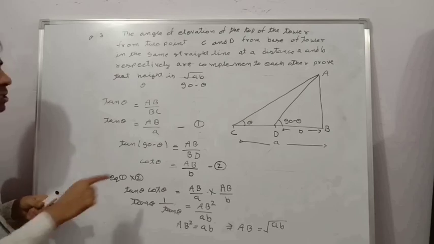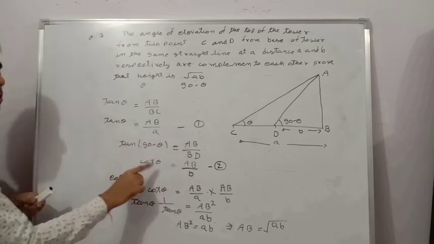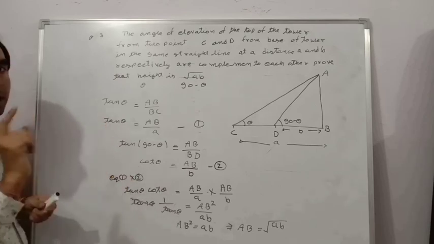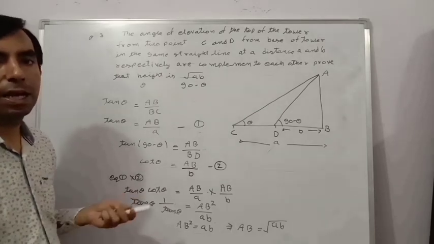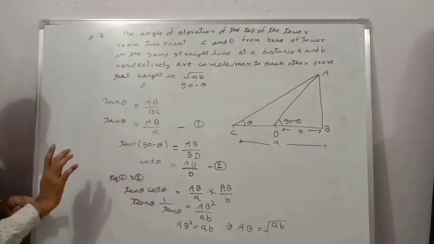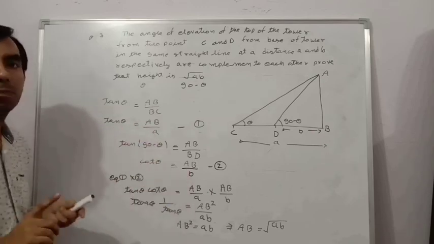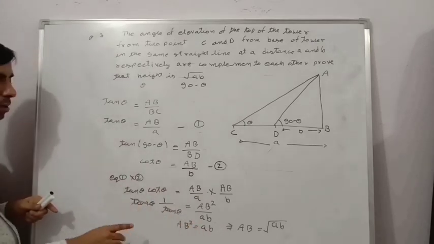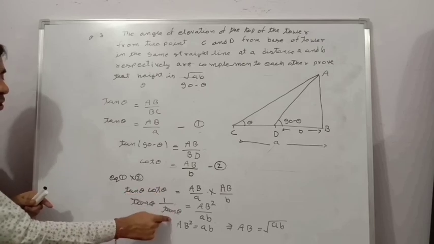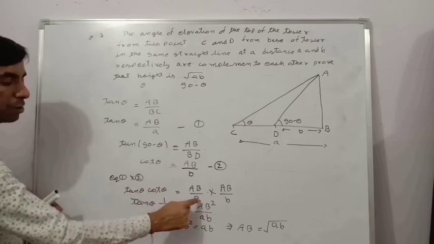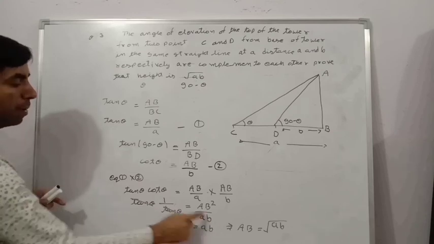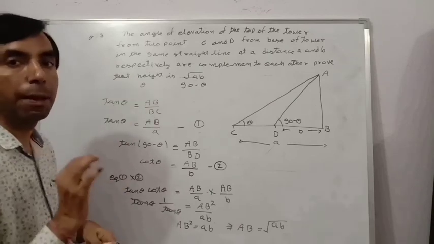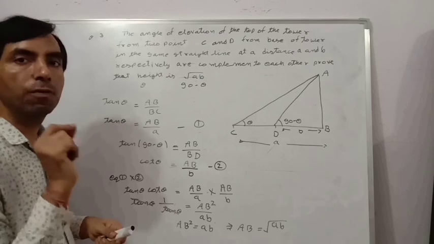Next, tan 90 minus theta is equal to AB upon BD. Here 90 minus theta gives cot theta, AB is as it is, and the BD value is small b. Now we multiply, because tan and cot are inverses of each other and connected, so we get 1. AB upon a and AB upon b are multiplied, then we get AB square upon small ab. Then we cross multiply: AB square multiplied by 1 is AB square, and small ab multiplied by 1 is small ab. Take the square root, because in the answer we need the value of AB, not AB square. We need the value of only the height.